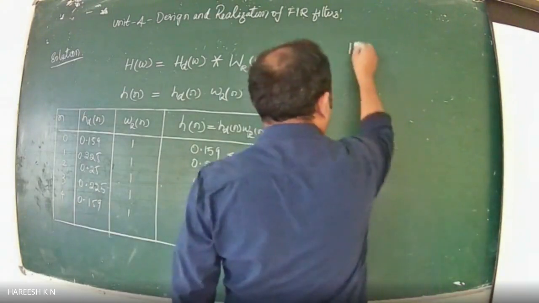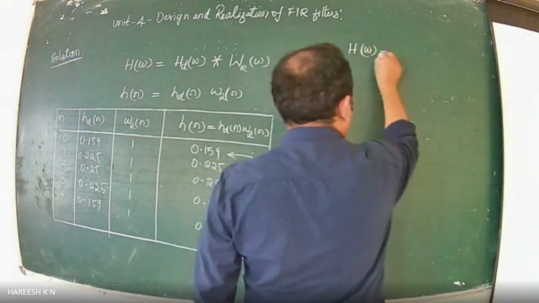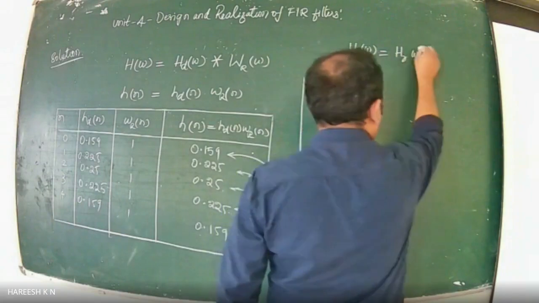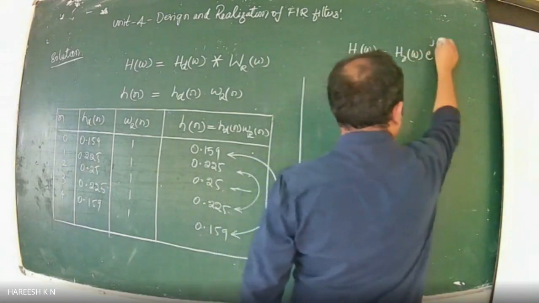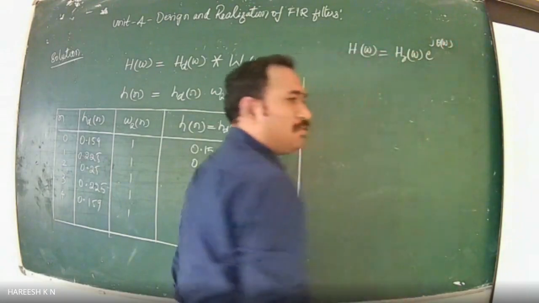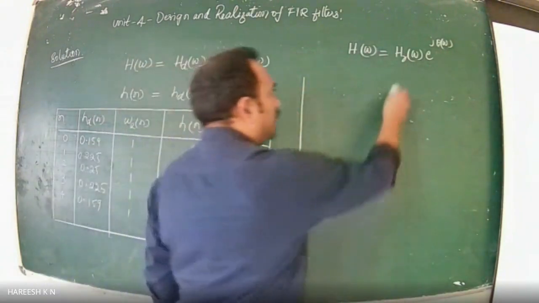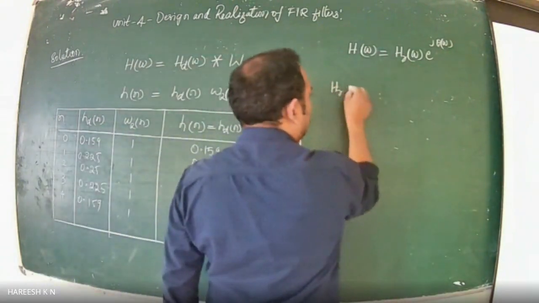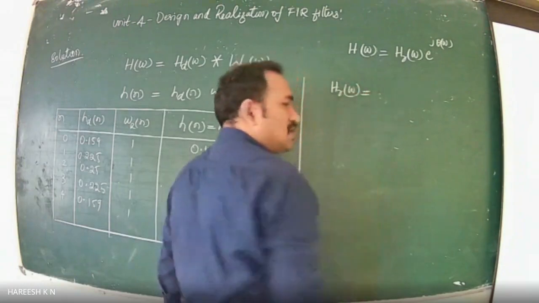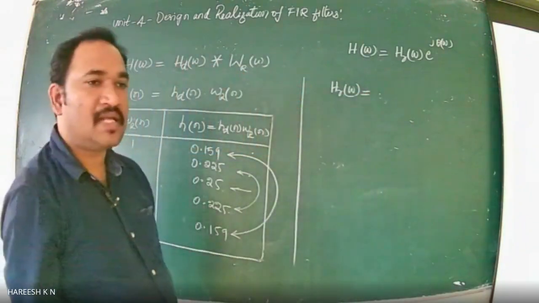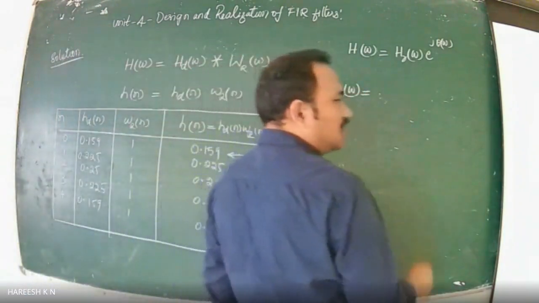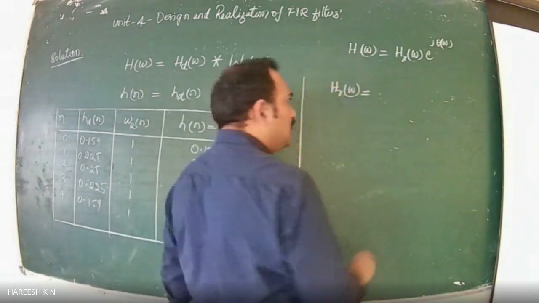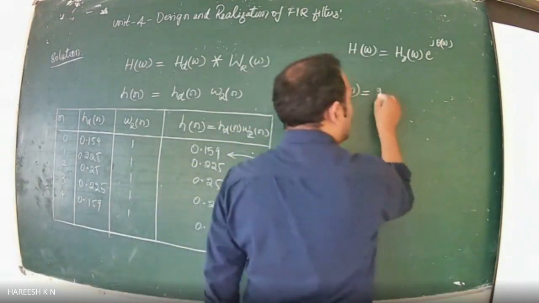Since H of omega can also be written in the form of HR of W into e to the power of j theta of W, as we have discussed in the beginning itself, we need to know what is HR of W first. This is based on whether h of n is symmetric or antisymmetric and n is even or odd. Since n is odd and h of n is symmetric, we have HR of W as 2 into